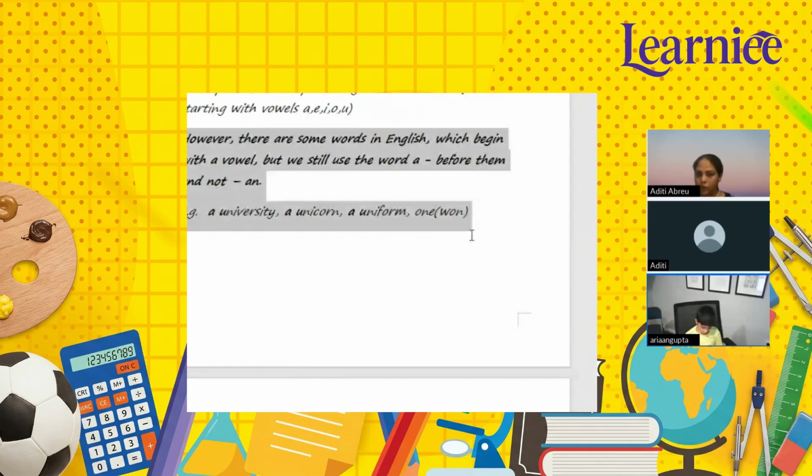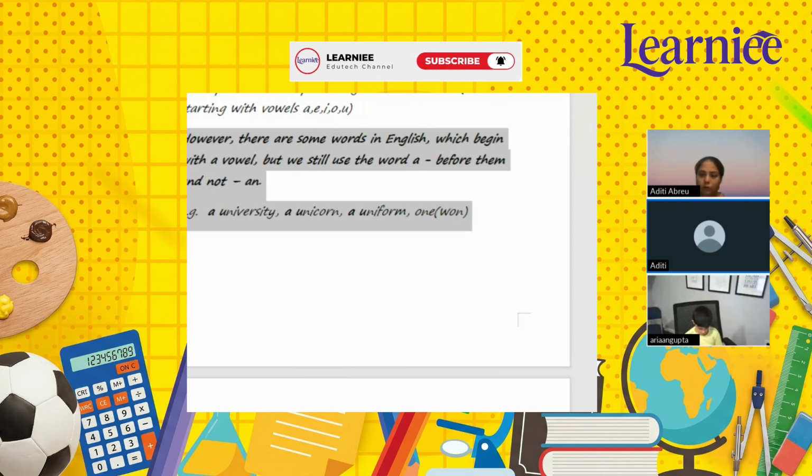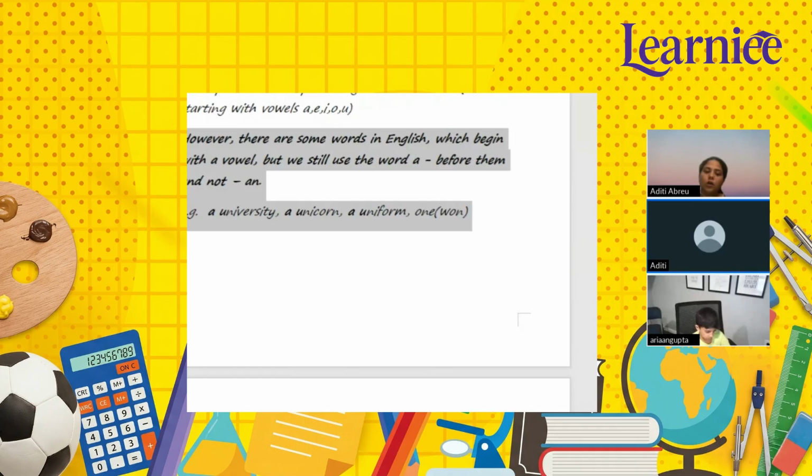Y. Okay, you guys count Y also as a vowel. The letter Y is not a vowel. The sound of Y, when it replaces the sound of I, will have the vowel sound. But the letter Y is not taken as part of a vowel. Only when the sound is similar to the sound of I is it a vowel sound. So whenever a word starts with the vowel sound, we use